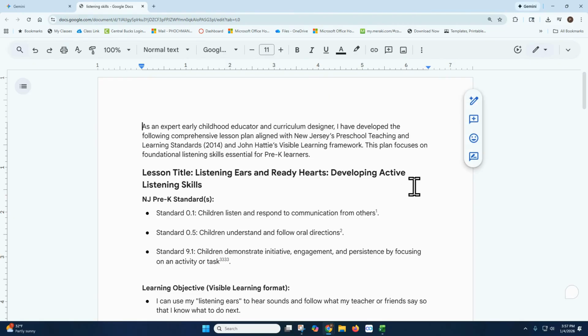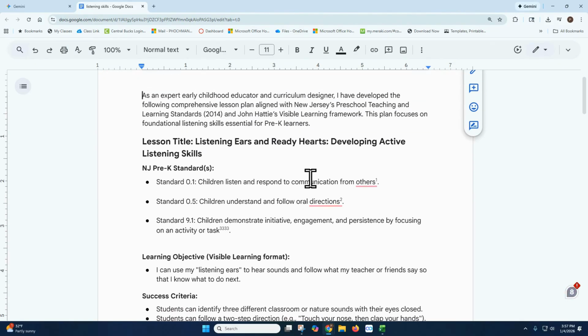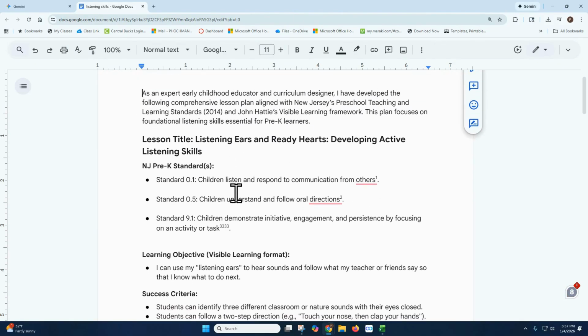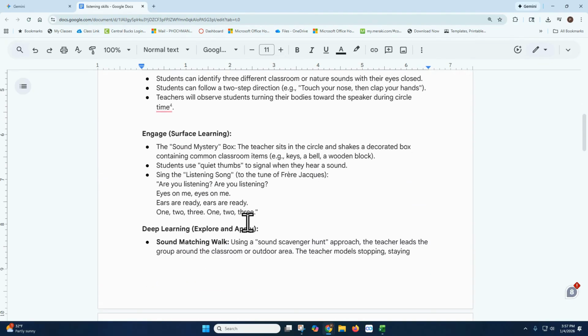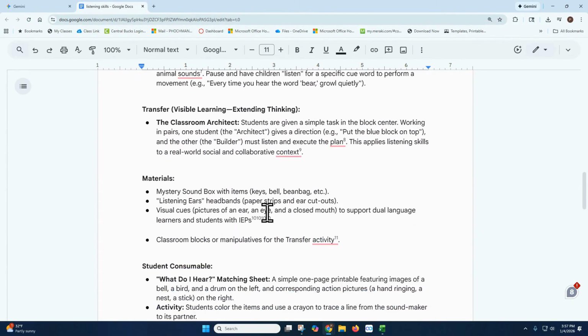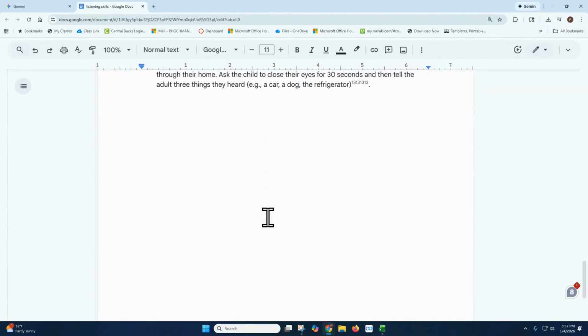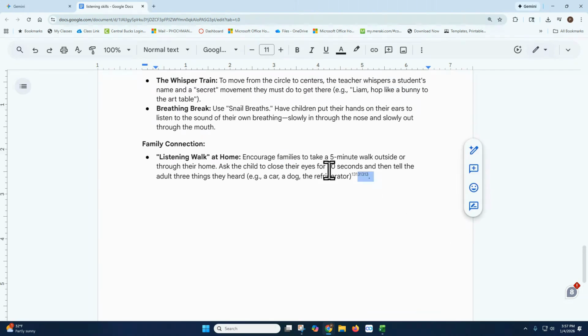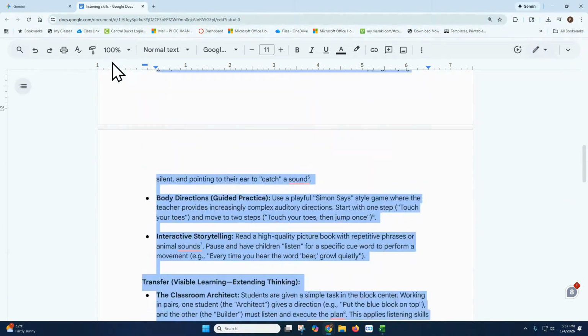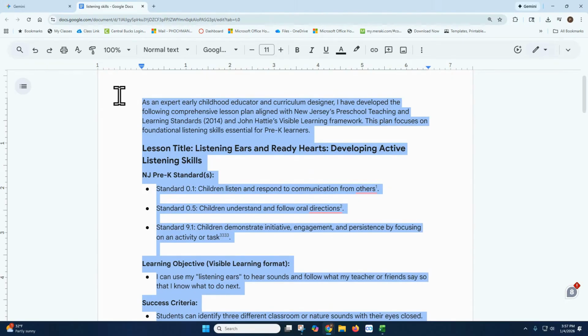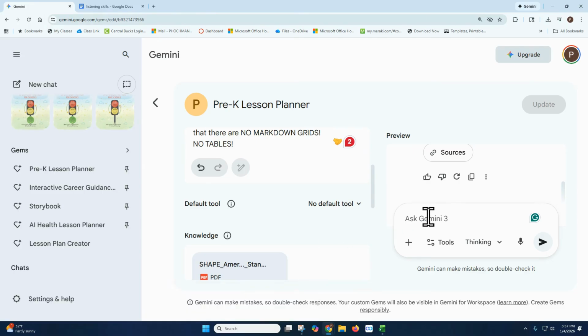So here's a document it created here. And obviously this document is editable in Google Docs. You can see, given this prompt, here are my learning objectives, criteria, materials, student consumables, family connections. And I can go back into this. I can cut and paste this, and I can go back into my chatbot, and I can say, differentiate this for my different students in a given classroom. So I can go back in here and say, differentiate this